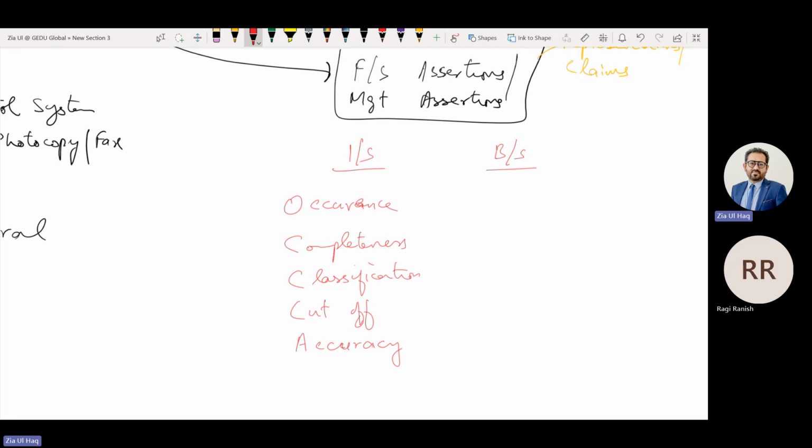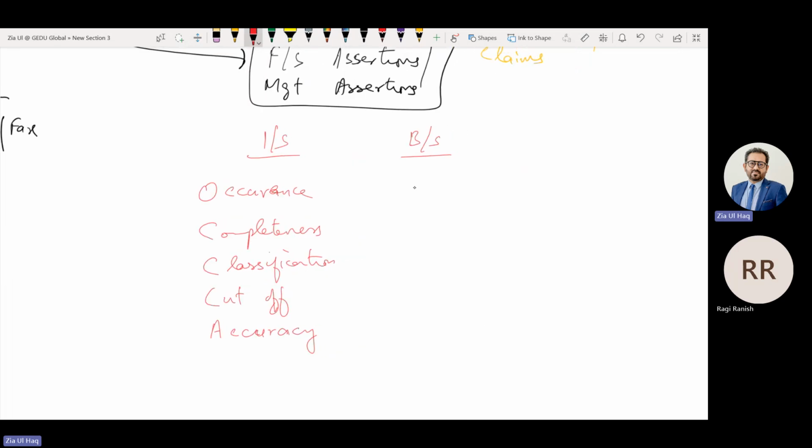There are some assertions for balance sheet item. What are those? VCRE. In old days, we used to play videos using VCR. We used to watch movies using VCR device. There were some cassettes having the data of the film.